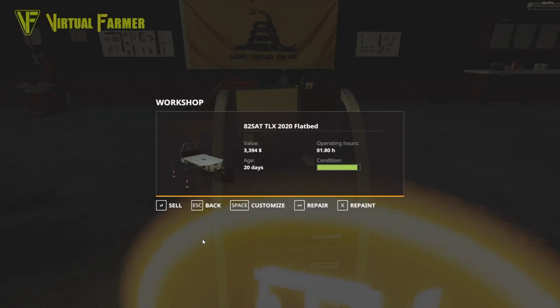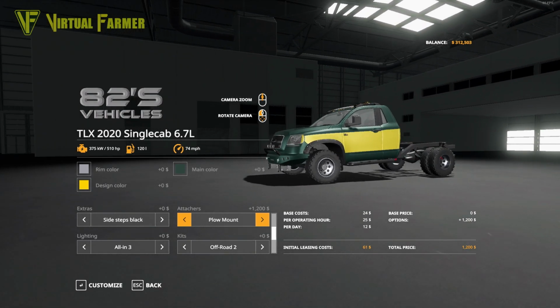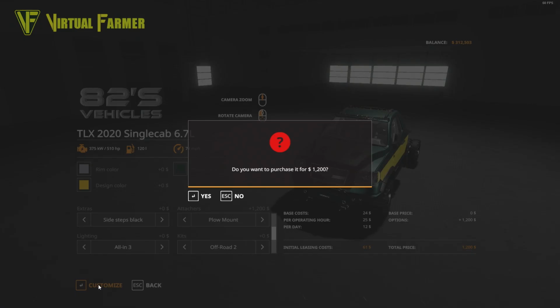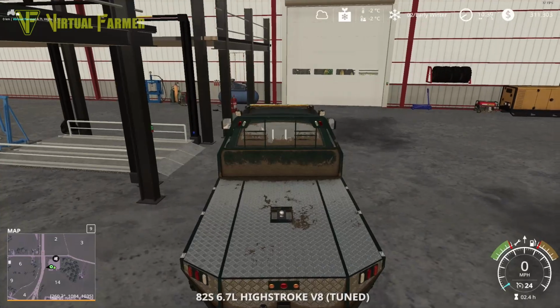Head over this way. And I want to customize my truck, and you should be able to add on here the extra bit attachers. Yeah, there we go. Plow mount. So that's what we want. That'll cost us 1,200, but will allow us to mount the snow plow to the front. So customize that. Yes, please. And then we need to reattach the back,